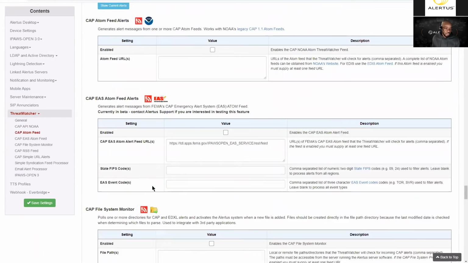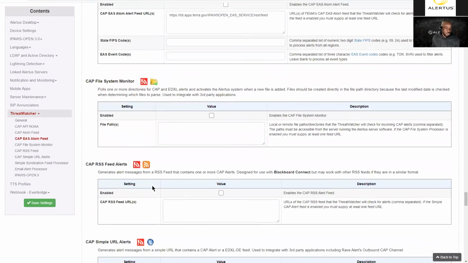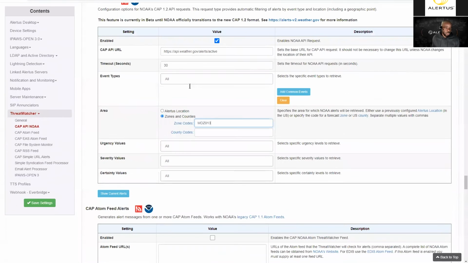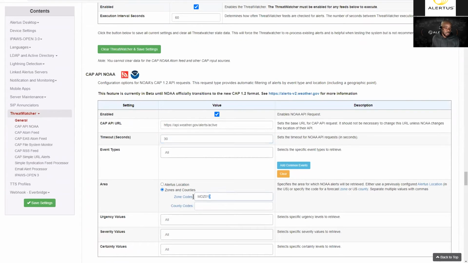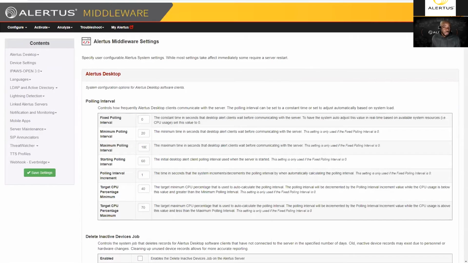We have some additional ways of bringing in those feeds, but for now, we'll do one. So once you've put this in, as simple as it is, this is pre-populated, this is default, turn that on, fill in your zone code, we save our settings. With our settings saved, we go back to our console